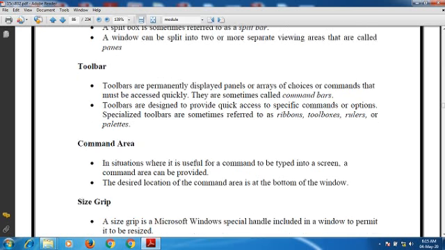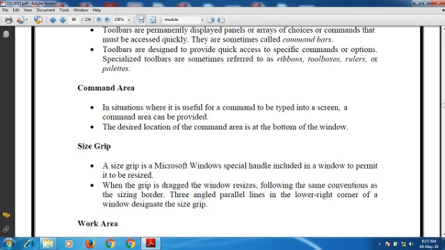The next one we have is the size grip. The size grip is a special Microsoft Windows handle included in the window to permit it to be resized. When the grip is dragged, the window resizes following the same conventions as the sizing borders.